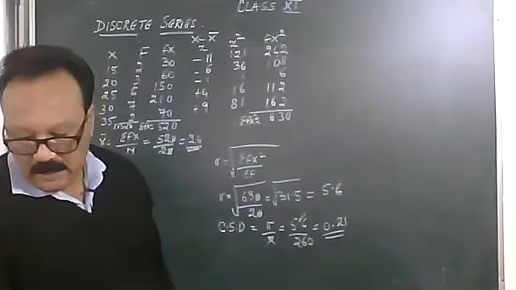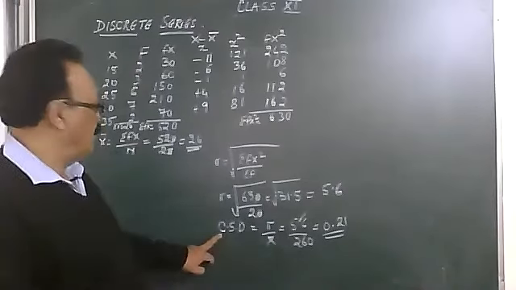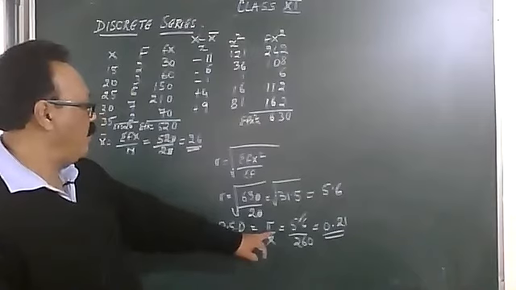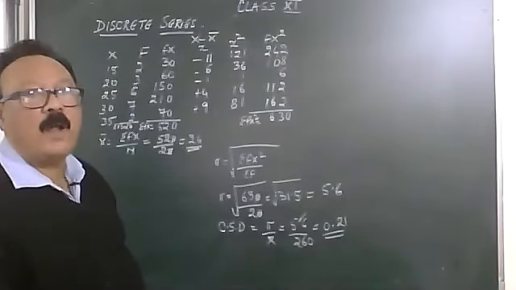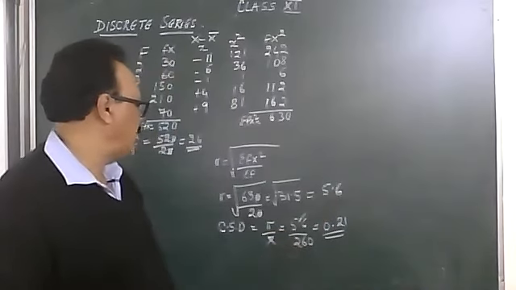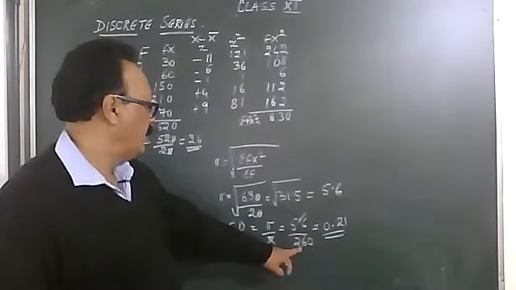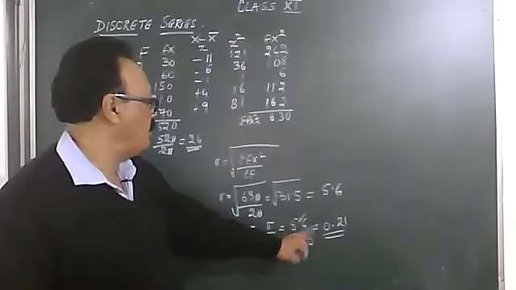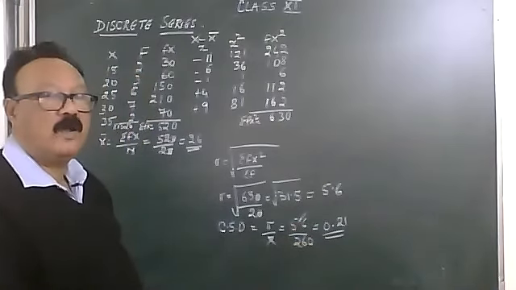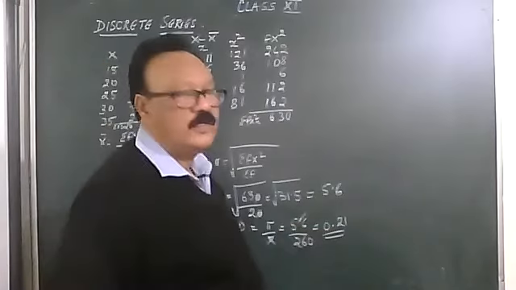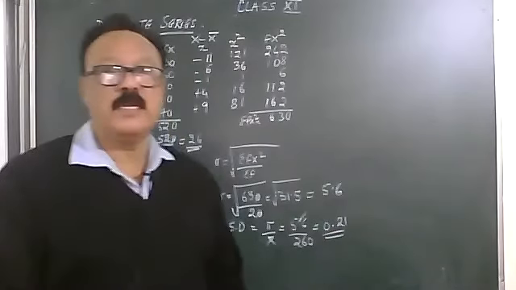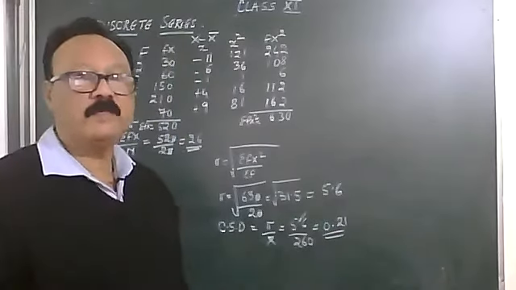Now we come to the relative. The coefficient of standard deviation is calculated by the formula standard deviation upon mean. The standard deviation we calculated is 5.6, and the mean was 26. To get rid of the decimal point, put a 0 and multiply by 10, so we have 56 upon 260. Take it in the rough column and divide. We will get roughly 0.2. Is that okay? Does anyone have any problem? If not, can we have a sign?